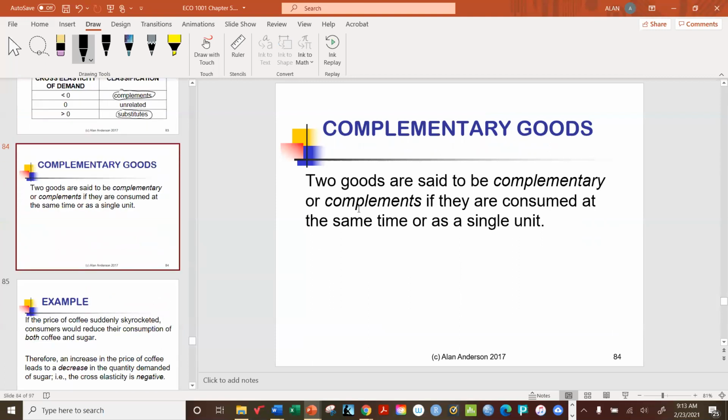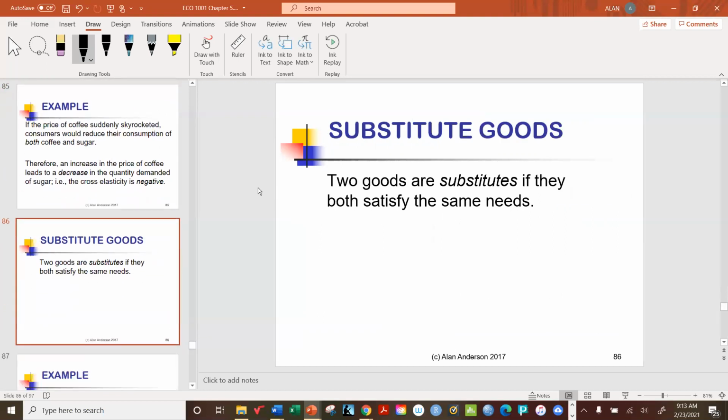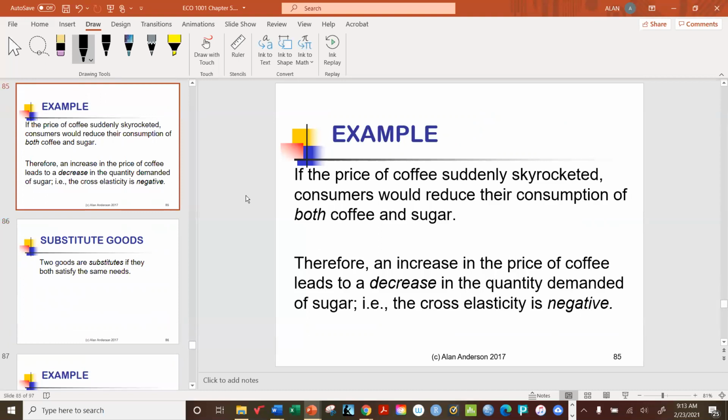We already know what complementary goods are. They're two goods that are consumed together as if they were a single unit. So here's an example. If coffee became very expensive, people would buy less sugar. Okay, so in other words, imagine that based on our formula,